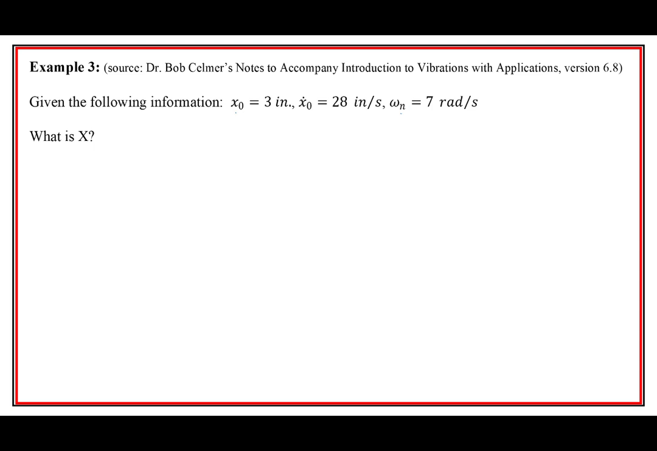Okay, so we have initial values 3 inches. Initial velocity is 28 inches per second. And our frequency, natural frequency, is 7 radians per second. Okay, so